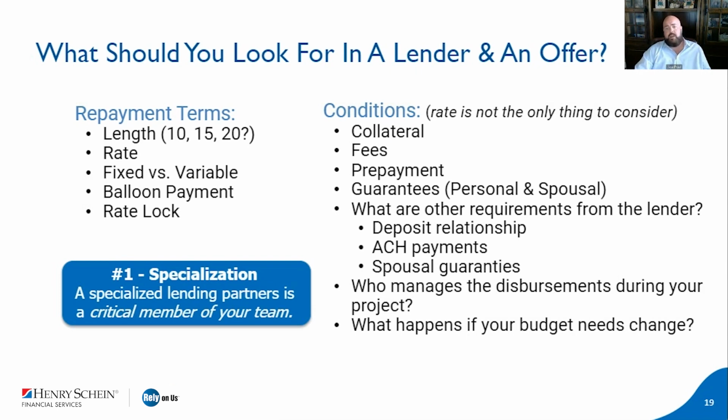Is your rate fixed or variable? Again, with this current rate environment, you'll see a lot of lenders are offering variable rates to help maximize their profits, but it's definitely not in your best interest. You want to make sure that you have control of that monthly payment and that it's set and not fluctuating, as this makes budgeting much more difficult with constant changes in your payments and interest rates. A set payment is crucial to your projections and growth model. Otherwise, all those figures would have to be recalculated on a regular basis, taking time away from your practice and